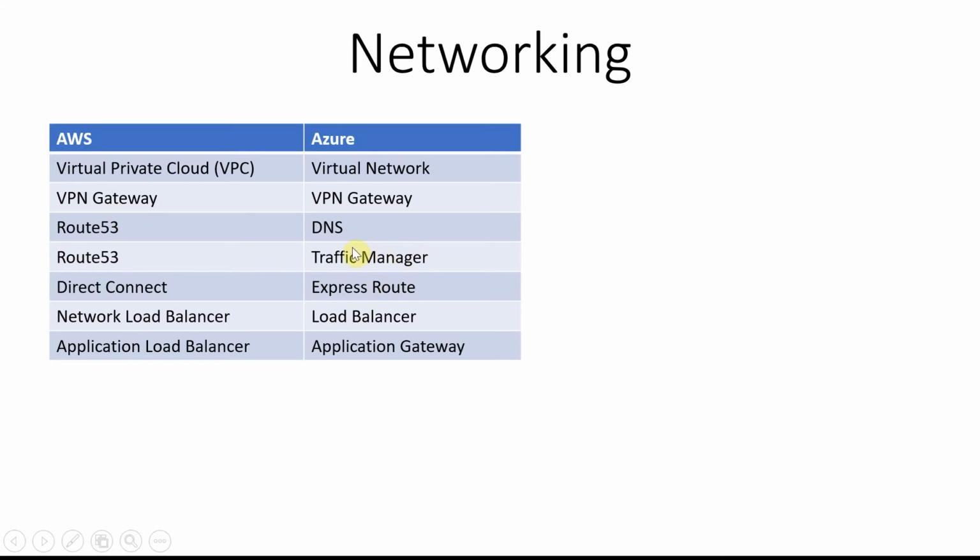If you are looking for private network data transfer between on-premise and cloud, then in the AWS world you have Direct Connect. Similar to that on the Azure side is ExpressRoute. ExpressRoute is primarily meant for private data transfer between on-premise and cloud. So no one can hack in between, and it's all on a private network.